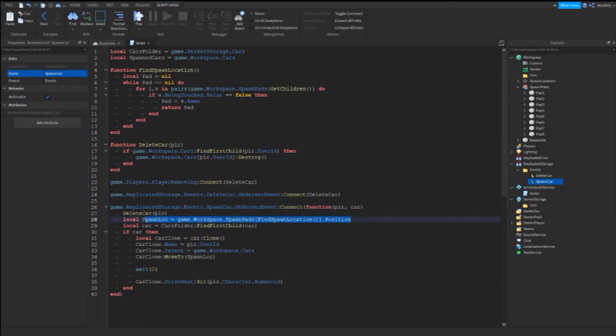Then we're going to find our spawn location, then we're going to find the car, then we're going to say if the car exists, then it's going to clone the car, set the name to the player's user ID, set the parent to the cars folder, and then move it to the spawn pad. Then it's going to wait 2 and then put the player in the driver's seat. Okay, and then we can say else warn car